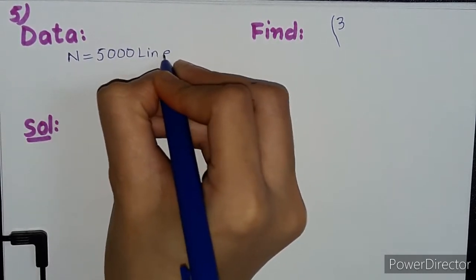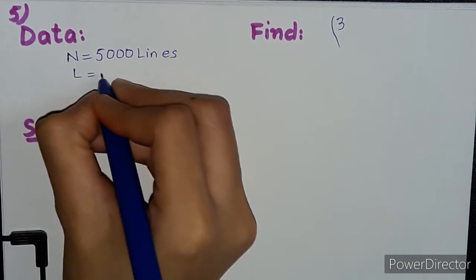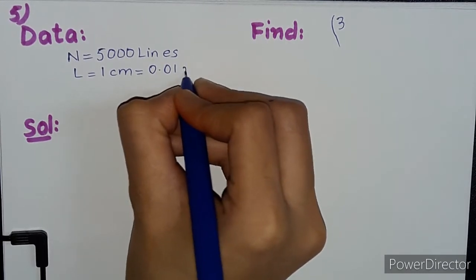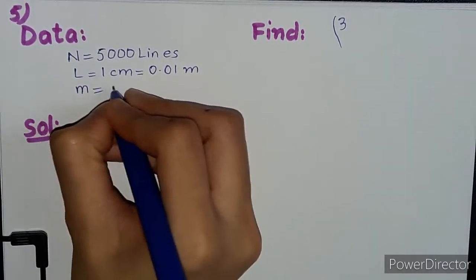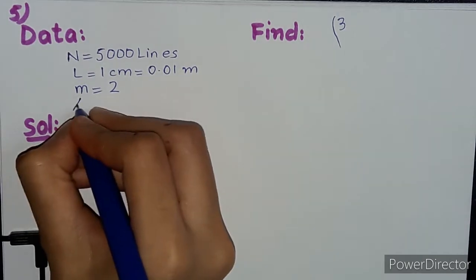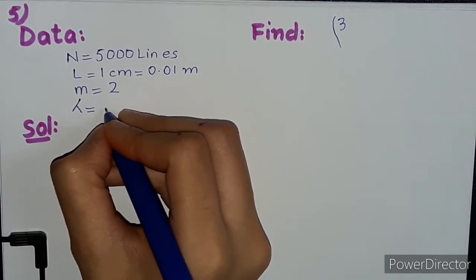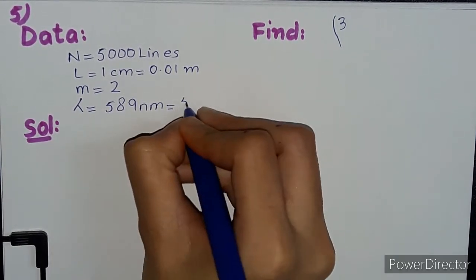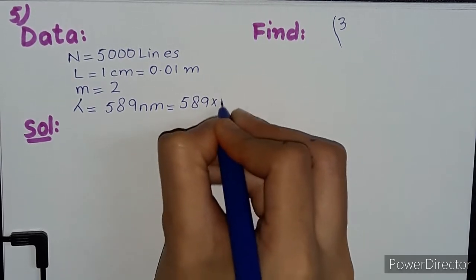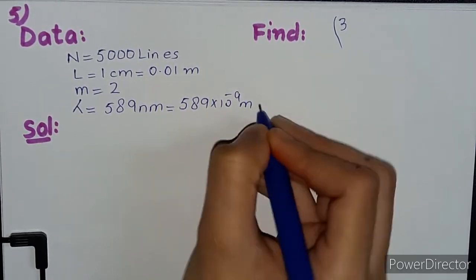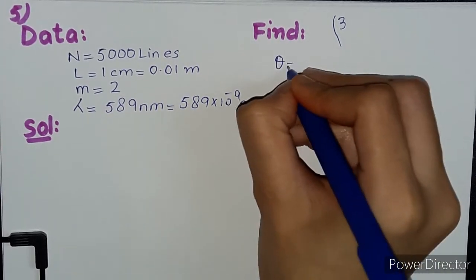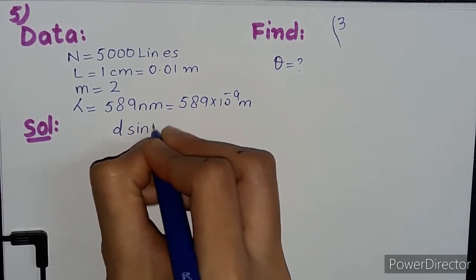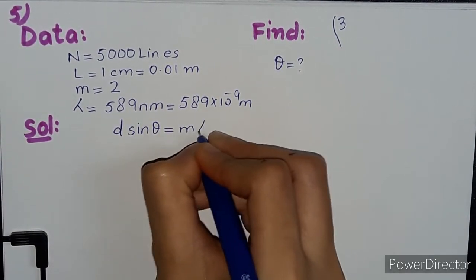lines, and per centimeter means the value of L is 1 centimeter. Dividing by 100, we get 0.01 meter. Value of m, which is second order, means 2. Then we are given the wavelength, which is 589 nanometer, equal to 589 × 10 to the power minus 9 meter. And we have to find the value of theta, the angle. We will use the formula d sin theta